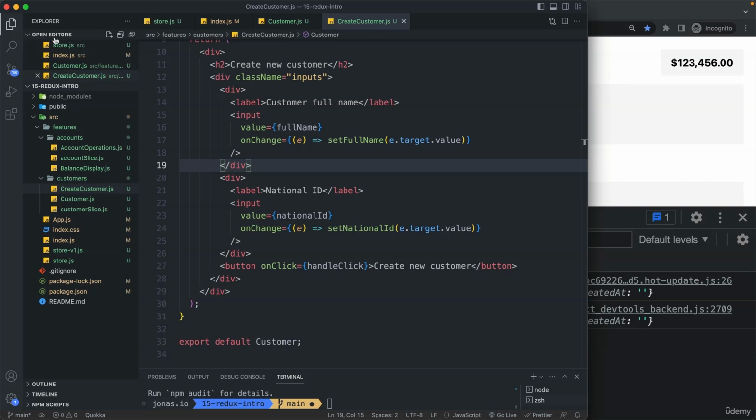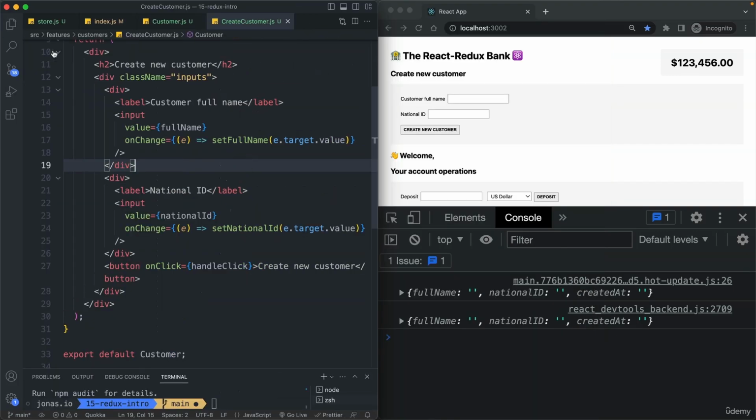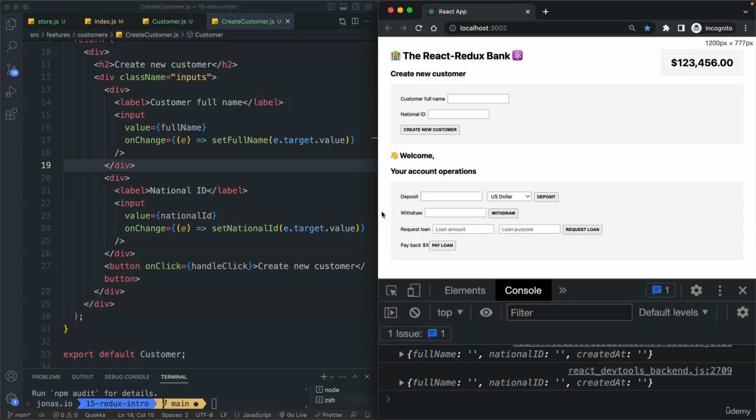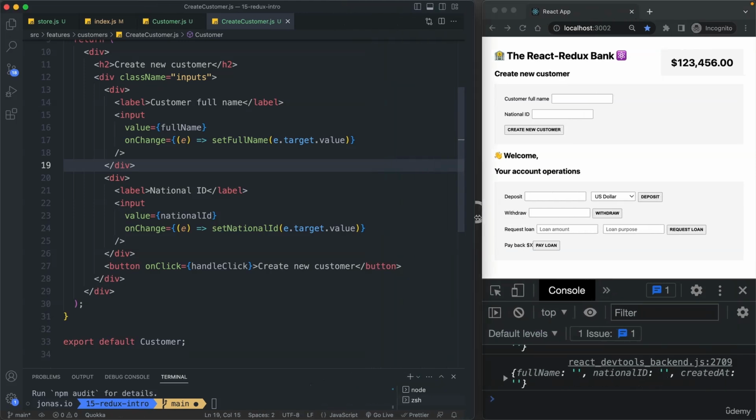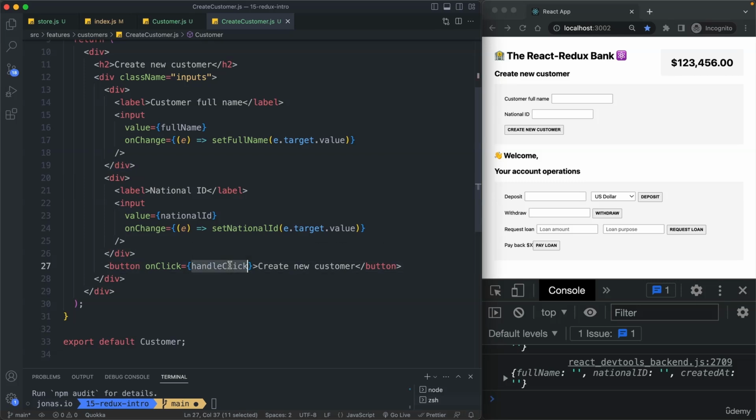So let's make this small again and place them side by side. All right, but anyway, it is in this function where we will want to dispatch an action that will